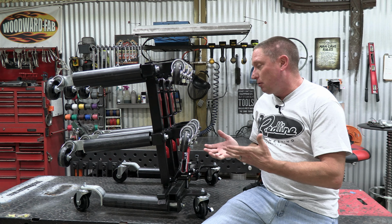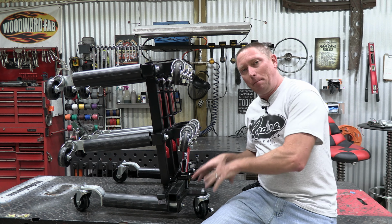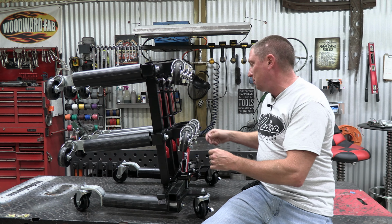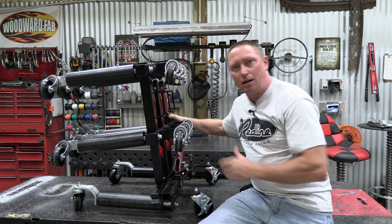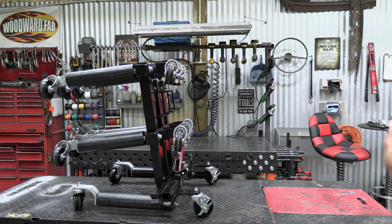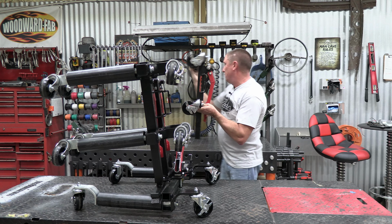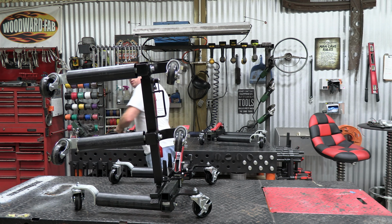This is the 4-pack right here, and what's really cool is that you turn the bottom dolly into a dolly for all the other dollies. So you actually have 3 dollies sitting on top of one dolly. I can't really move it around and show you too much because it's sitting on top of my lifting table and it would just fall right off. But I'll pull the dollies off and show you how they stack up. You just pick them up and set them to the side. There's the first one, second one,